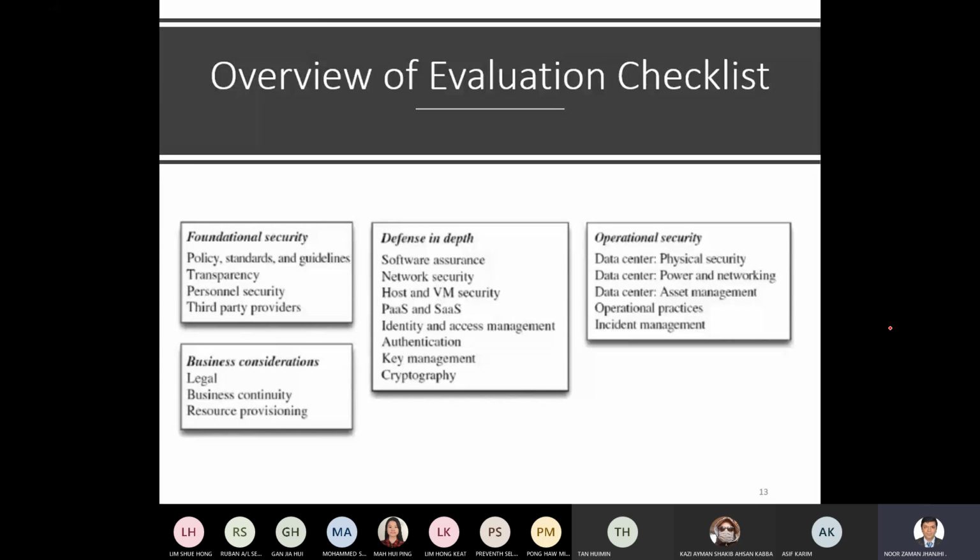So in the operational level, again, you can see the subheadings like data center physical security, data center power and networking security. That's what I was trying to let you know a couple of seconds before. Data center asset management, that is how we are doing operational practices, and in case any incident happens, how we manage that incident, how we make a report, and how we get a benefit